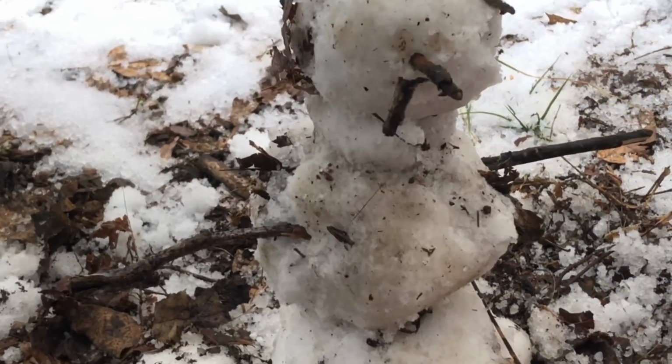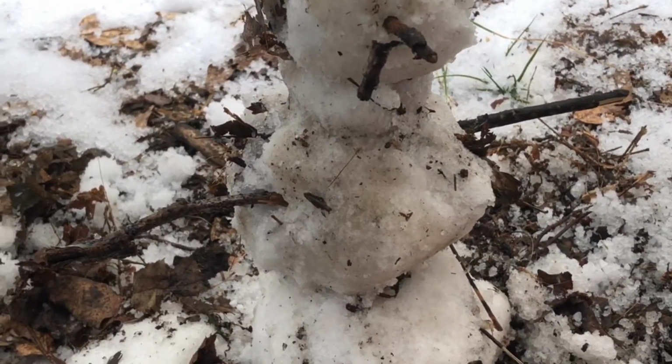Talk to you soon. Snowman I made out of sleet. It's kind of dirty, but yeah,